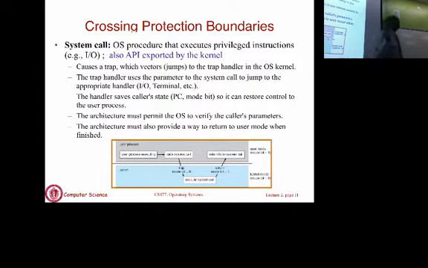The system call triggers a trap or an interrupt. The interrupt basically causes the OS to start executing, or the kernel to start executing. And the trap also resets the mode bit so that when the kernel executes, you are in kernel mode in this case. Okay. And so that will cause the system call to execute, and then once you are done with the system call, your trap execution is finished, you are going to return back to the process. Okay. So this is where you also need the hardware support for interrupts or traps, because that's how system calls are internally implemented. Every time you invoke a system call, it's going to cause an interrupt. The interrupt will suspend the process and start the OS.